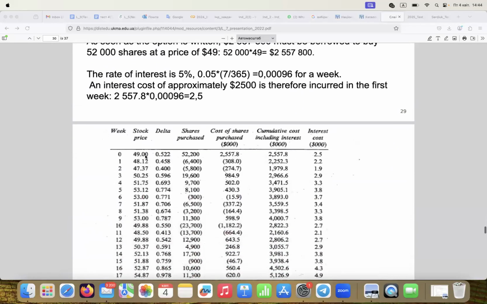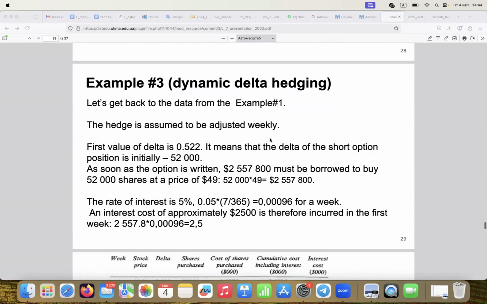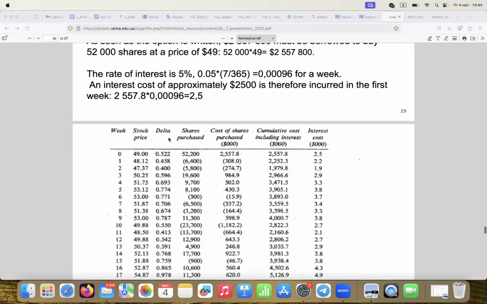So our first step is to compute delta for this stock price. You remember that delta is the function of the normal distribution for D1. So we compute delta and it is 0 point this, okay? And according to our algorithm, it means that we need to buy,